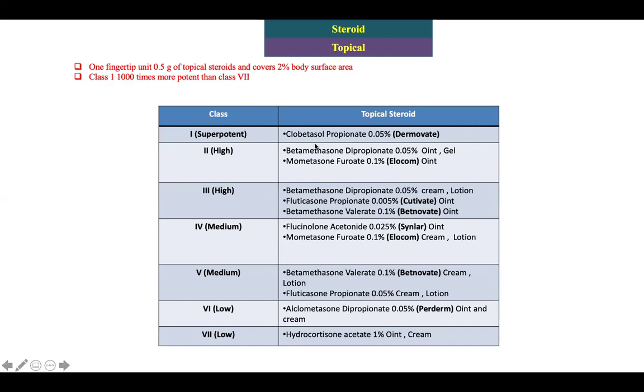Like clobetasol is very strong. You can have systemic absorption from clobetasol, especially the ointment. So after 2 weeks, you can have side effects. What side effects do we have? We have atrophy, whitening of the skin, hypopigmentation, sometimes hyperpigmentation, telangiectasia. A lot of bad things can happen from corticosteroid. And after 2 weeks, you can start thinking about, should I taper, should I not?